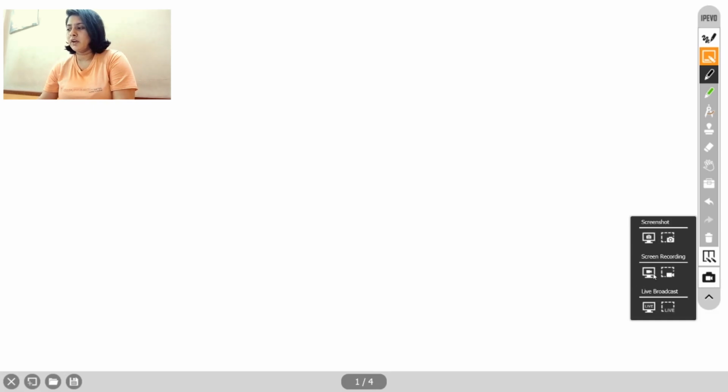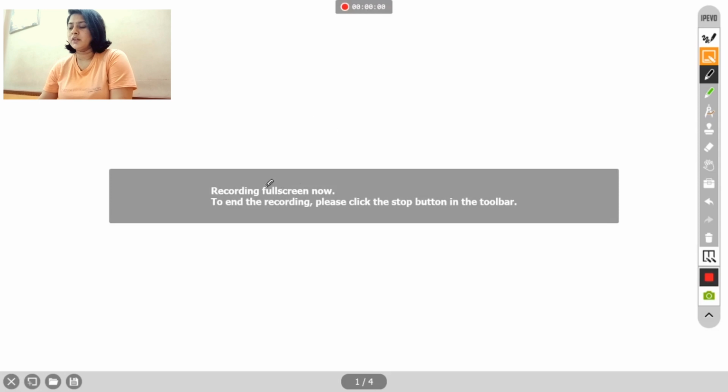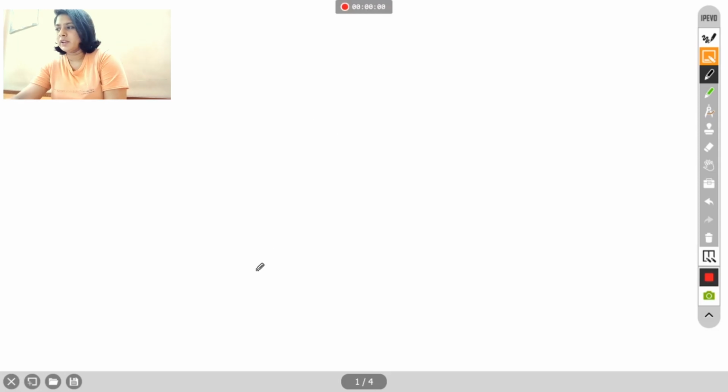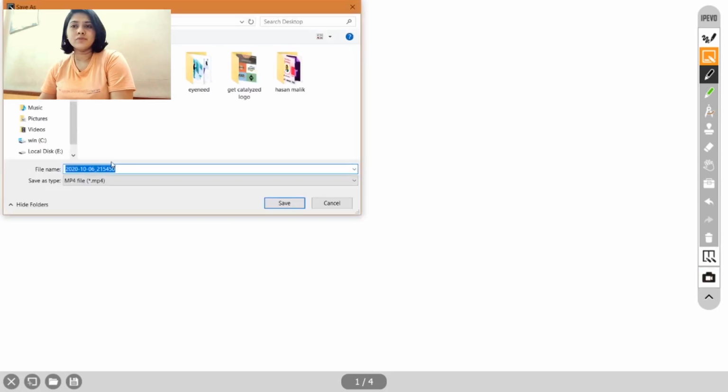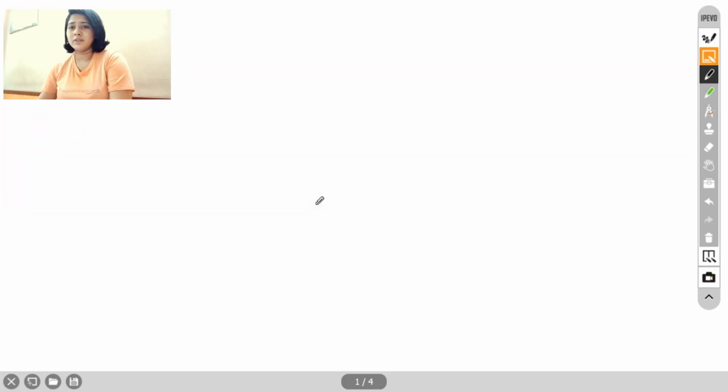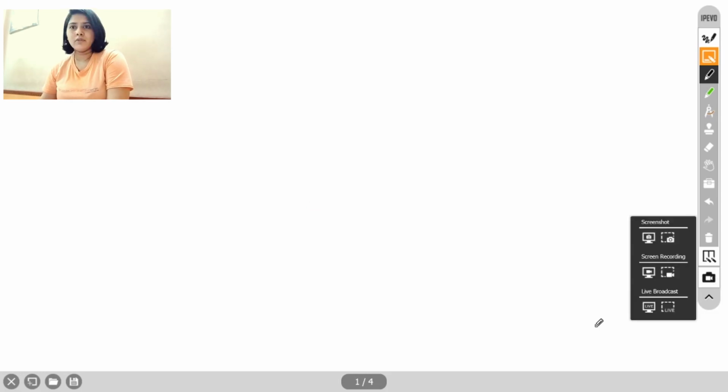Screen recording, you have a screen recording option. You click on the screen recording option, so your full screen is being recorded now. As soon as you click on there, the timer has started. So the timer goes on 5, 6, 7, and your screen is being recorded. As soon as you stop, there's a stop button out here. As soon as you stop, it will ask you the save location. So you can save it wherever, and you can have it for future reference. So we are not going to save it for now. I hope you get the point. And there are other features. You can just download it and explore these features.